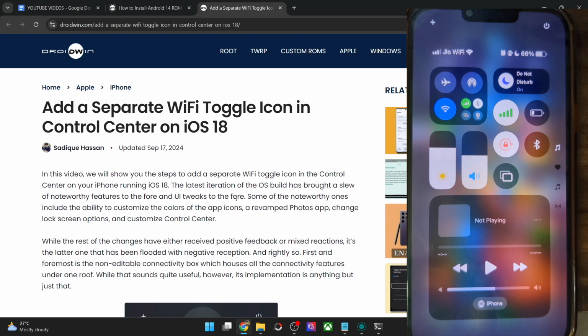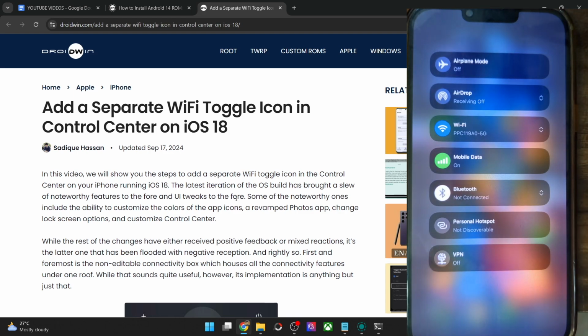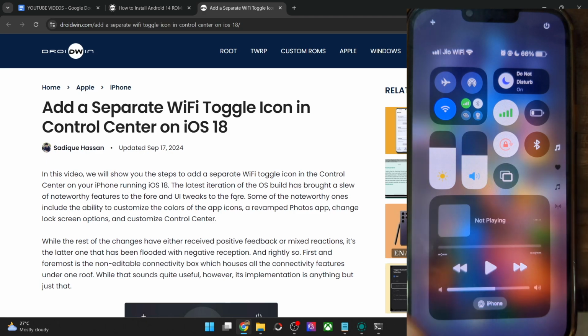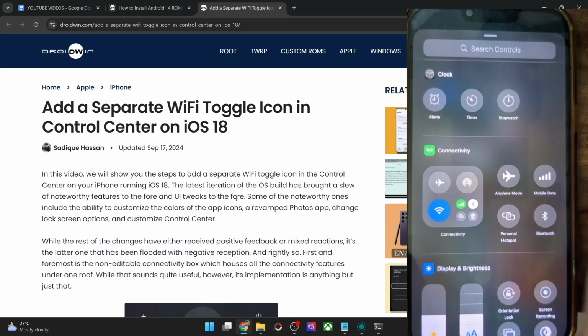First and foremost, AirDrop has been given a higher importance when compared with the mobile data or Bluetooth. Earlier, you could easily interact with both of these options at one go, but now while you could interact with AirDrop at one go, you cannot do so with the mobile data and Bluetooth. You will have to tap on it and again tap on it in order to interact with either of these two options. Fortunately, we have the option to just tap on the plus icon, select add a control, and then you could easily add the Bluetooth and the mobile data over here.